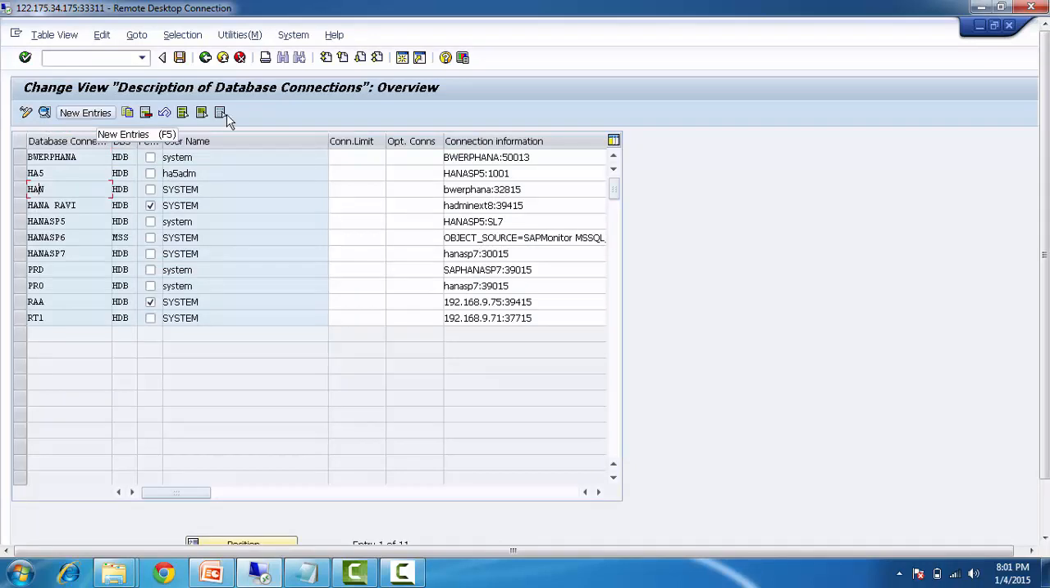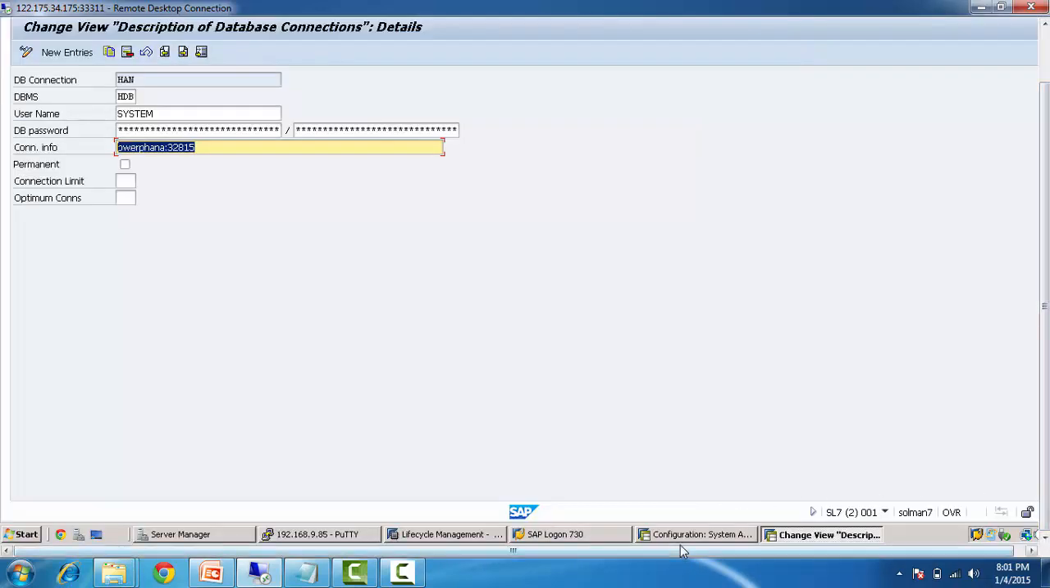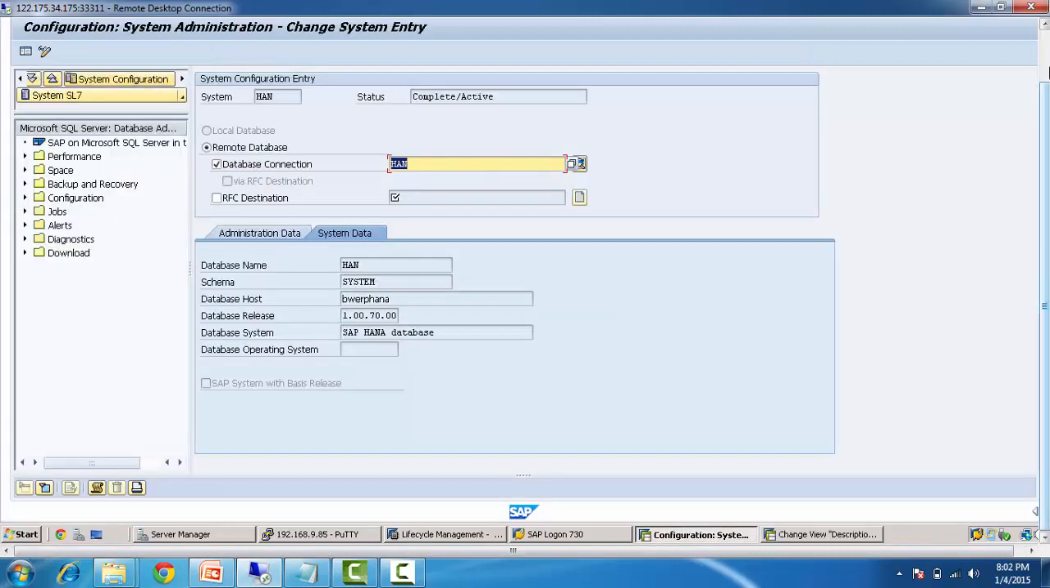Yeah, this is how you can click on new entries and create a new entry. Let me go to the present entry of DB connection HAN. Here HAN is the database to which this connection is already established. DBMS type is HDB, and the username connecting, which is the database username, and the password of this database username, and the connection info, which is the host name and the SQL port, 3, instance number and 15. So once this is saved, the next step is we have to navigate to